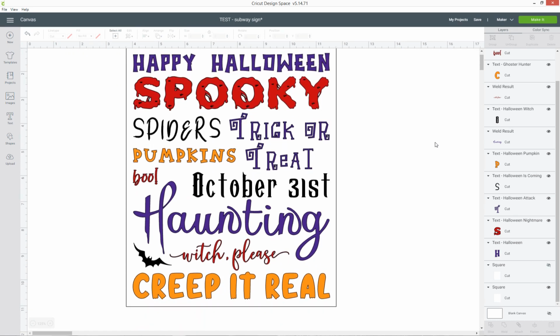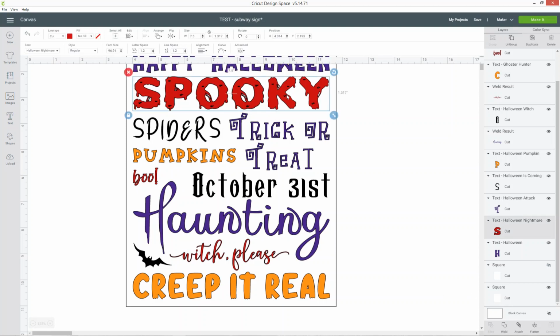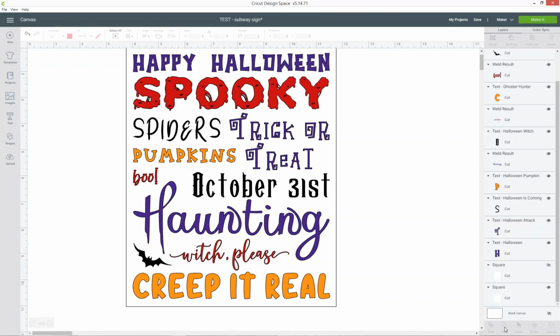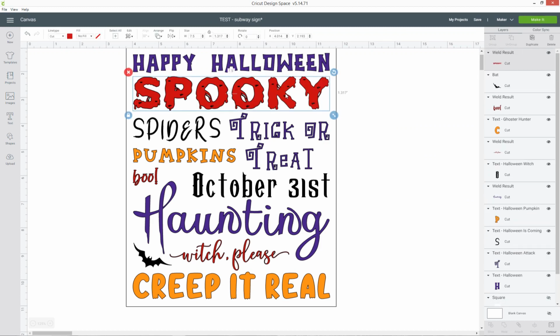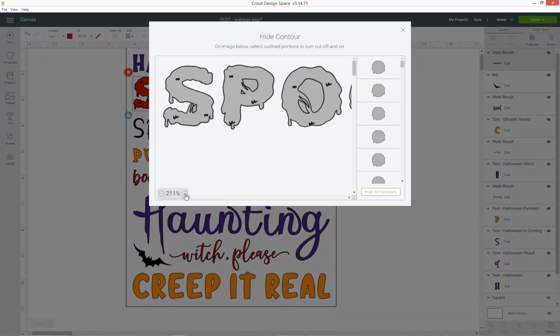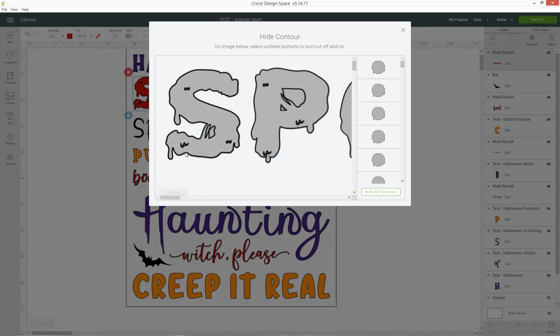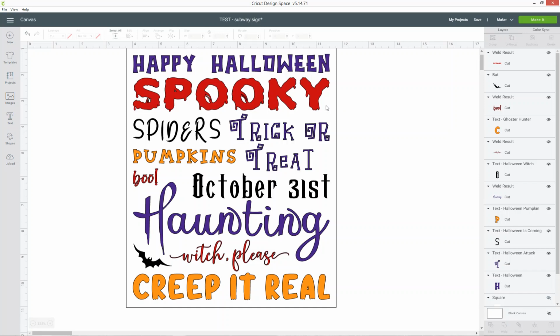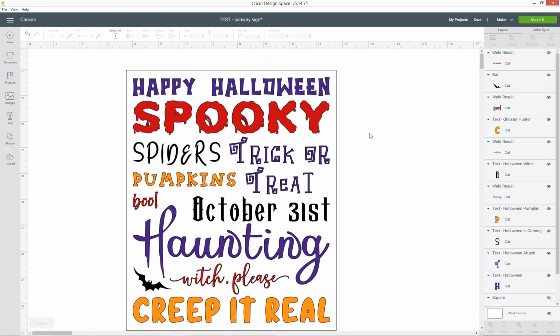That was pretty easy. One thing I've noticed on this spooky font is that it's got these little bits taken out of it. You see where it's got the cut lines, and my Cricut will struggle to cut that out. There'll be just weird cuts in the middle of the letters. So to fix that, I've selected the layer and I'm going to go down to the bottom and press Weld. And now I can click on the word again and go into the contour button. And when that's loaded, just zoom in. I'm going to click all of those little bits to remove them. Alright, there we go. That is fine.